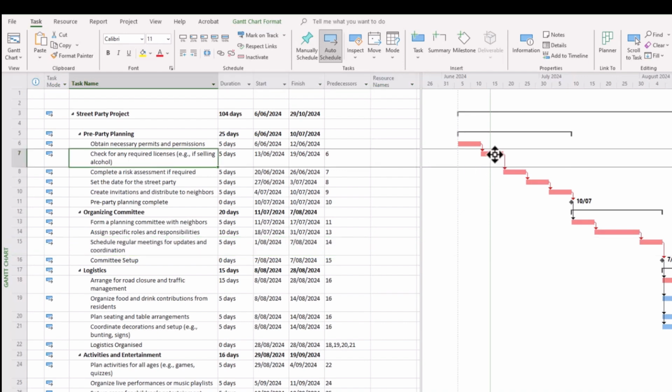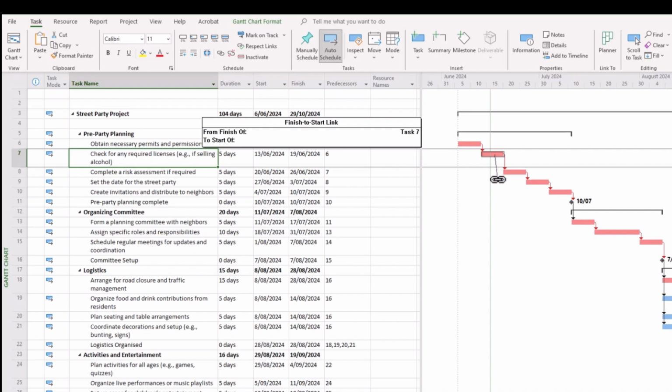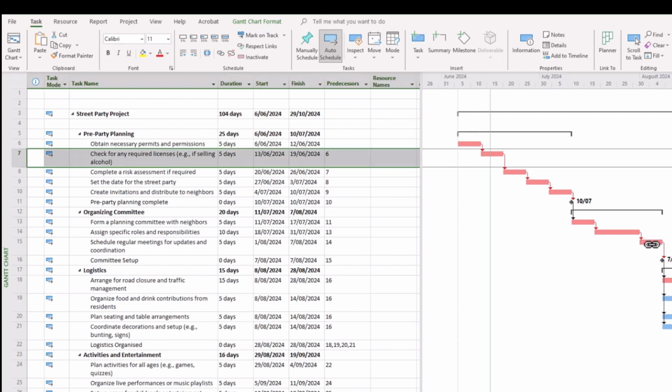Well, you can actually manually select and drag your mouse, and notice you'll see a little chain insignia with a line coming from the task there, and you can drag that into task 15, and you'll see the little sign that comes up, finish to start link from finish of task 7 to start of task 15. Then you release the mouse, and then you can see that those tasks are now linked. So that's another quick and easy method that you can use if you prefer.